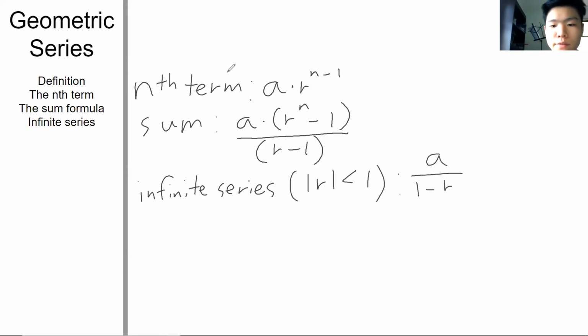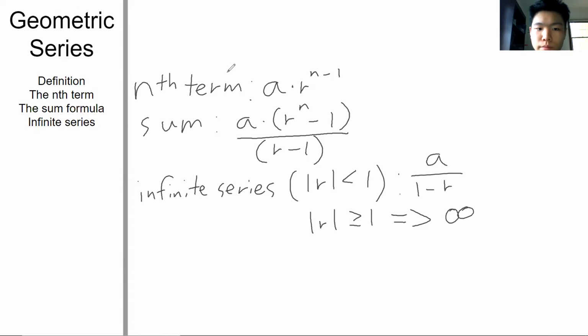And this only works if the absolute value of the common ratio is less than 1, because if it's greater than 1 or equal to 1, then our infinite series sums to infinity. So if everybody's clear on that, then